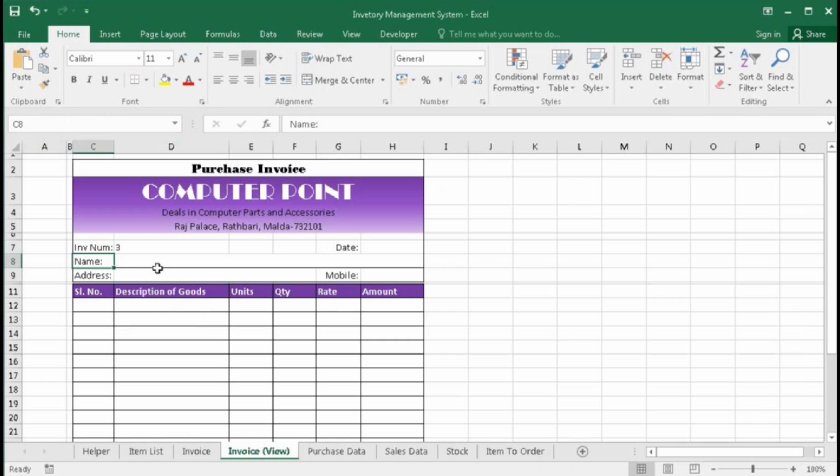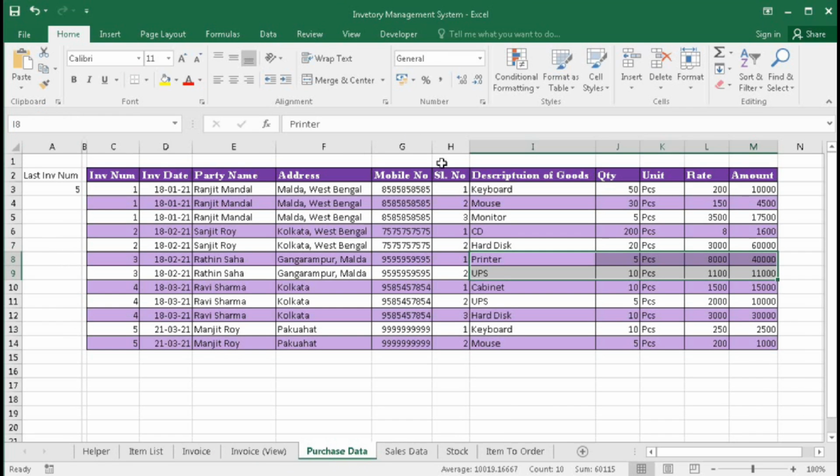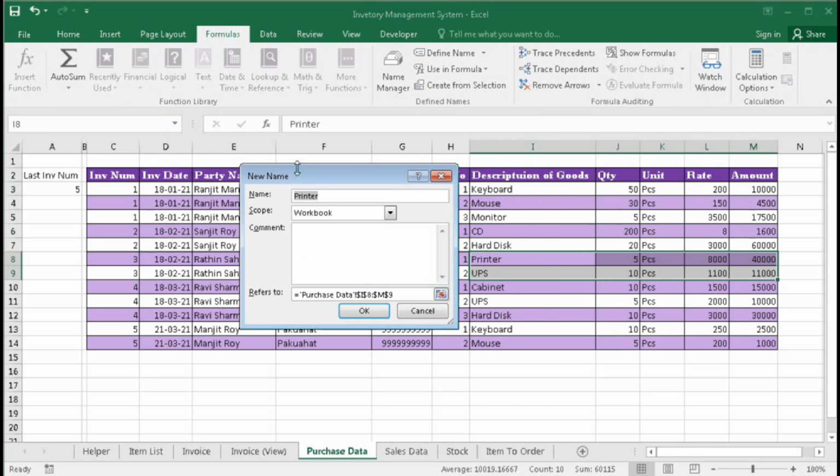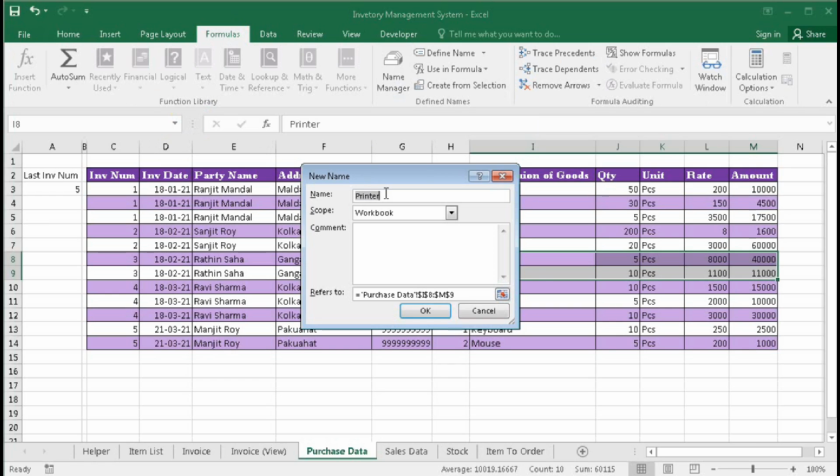Okay, and now go to purchase data, and here go to Formulas, Name Manager, New. In the name, type purchase data underscore item details underscore search.